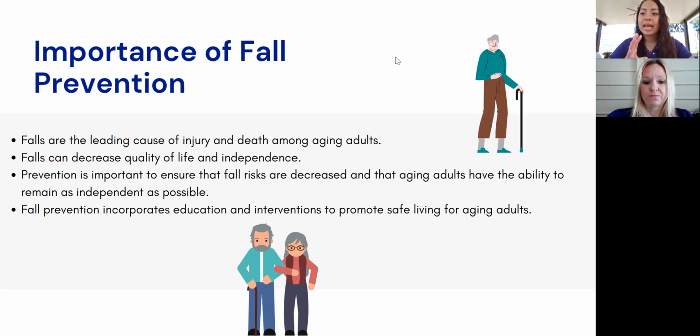So one thing to get out of this, I know there's a lot of information to take in, but the importance of fall prevention is, you could think of 2 things: independence and safety. Safety, of course, is the number one thing, because we want to take into account different types of strategies to prevent these falls and to decrease any kind of possible injuries. Yes, it may be difficult at times to remember all this information, but try to remember, when you're doing certain things, is what we're doing safe? So let's think about our safety first and foremost.